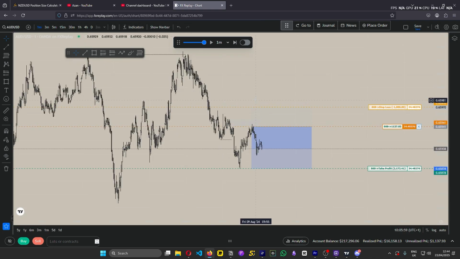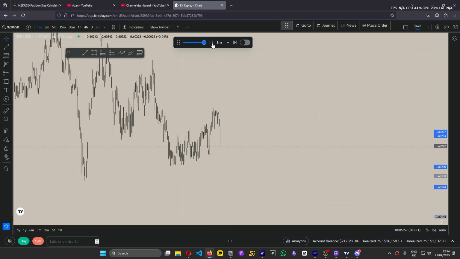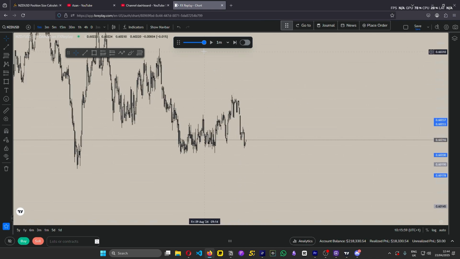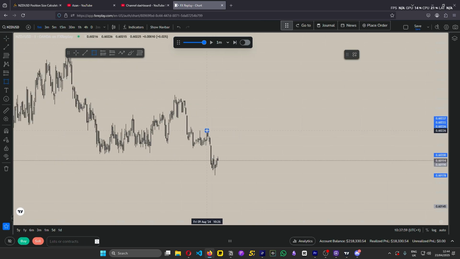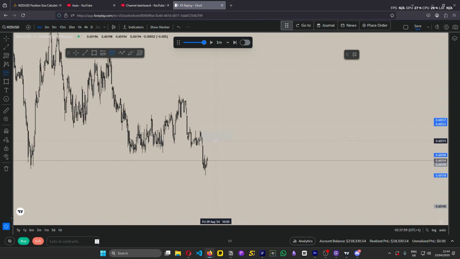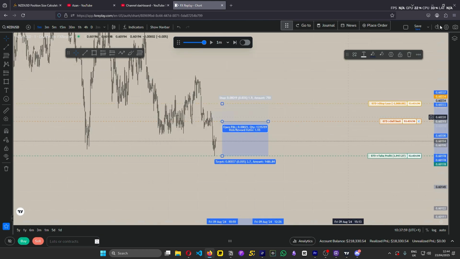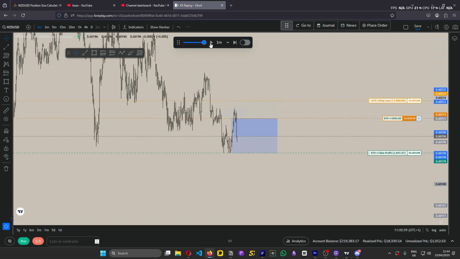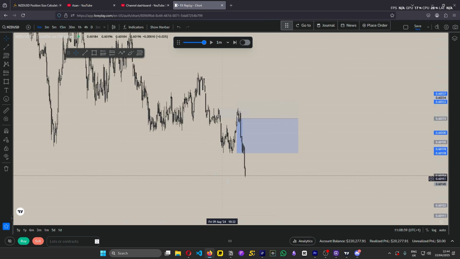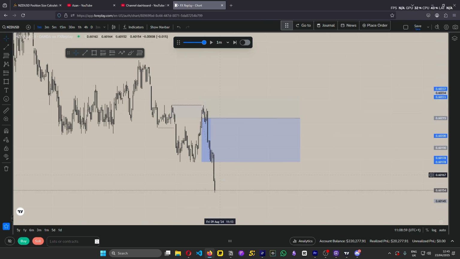Did I get in? Alright, we're in this one. We need a bearish order flow shift. Alright, we just got one now. Do we get a pullback into that zone? We don't, but we do have this continuation moving down right here. Because we are overbought, we are trying to move lower, so might as well take a continuation going in the same direction of the pullback. Do we get a mitigation? We do get a mitigation, and we hit our TP. Very simple, nice clean continuation. That looks great.